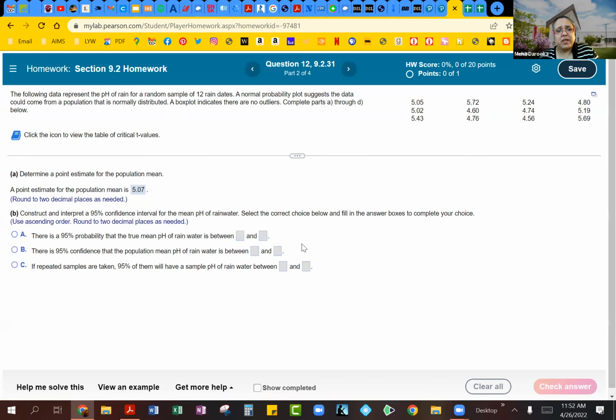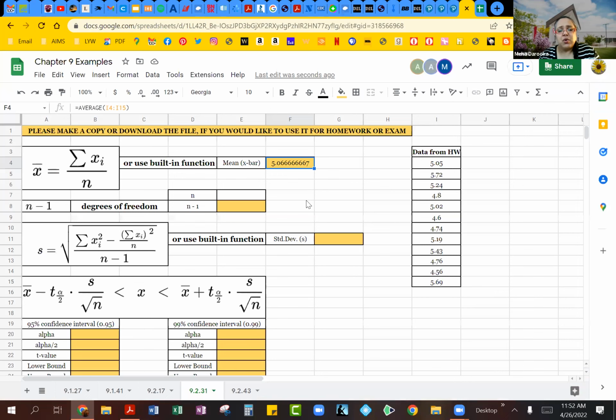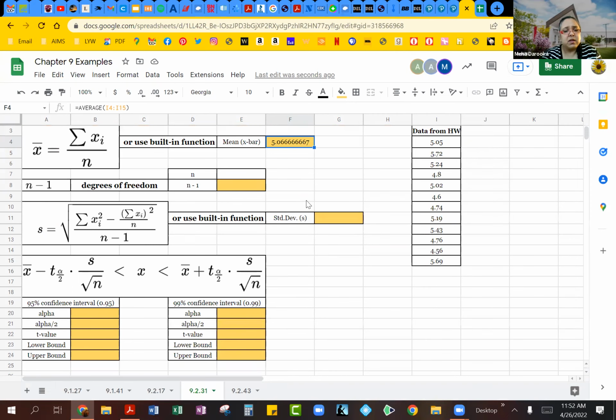So let's come back over here. A few things that we will need to be able to calculate this confidence interval, again, if you look at these formulas down here. This is going to be for our lower limit and upper limit. And of course, you will see they're the same formulas. The difference is a plus and minus sign.